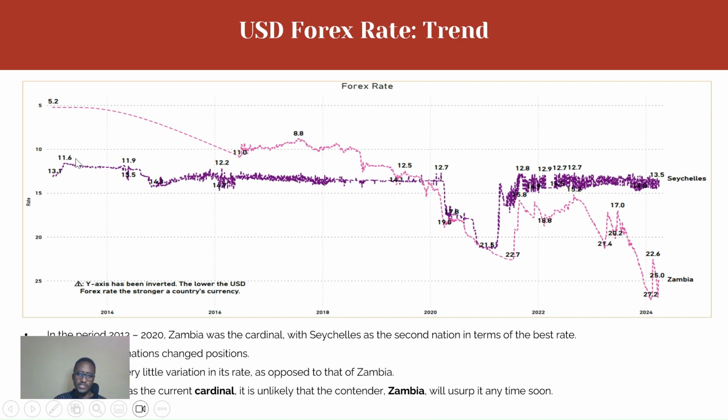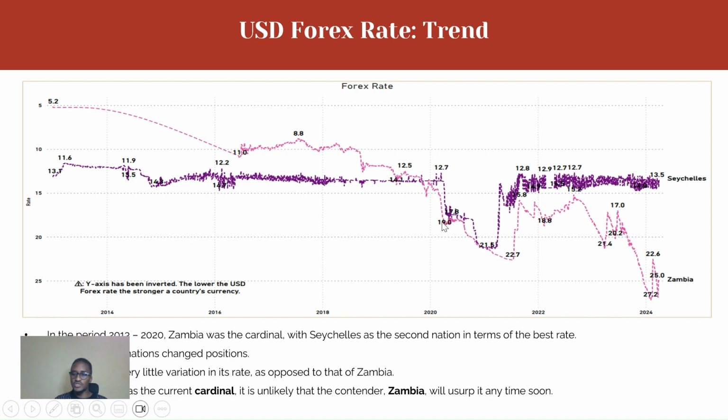Now, what you'll observe is first, for the period 2013 until 2020, Zambia had a stronger USD FX compared to Seychelles. And so that was consistent all through until things crossed over here. And even though they moved in the same direction for some time, Seychelles was able to gain against the dollar. So Seychelles, their currency is the Seychelles rupee, and then Zambia uses the kwacha. So the rupee gained